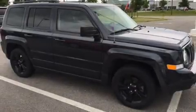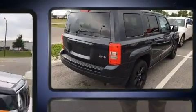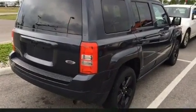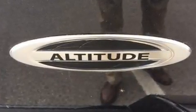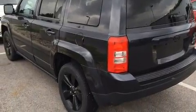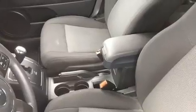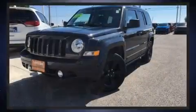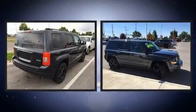Load your family into the 2015 Jeep Patriot. With just over 30,000 miles on the odometer, this four-door sport utility vehicle prioritizes comfort, safety, and convenience. It features an automatic transmission, front-wheel drive, and a 2-liter 4-cylinder engine. It distinguishes itself from the competition with features such as a tachometer, an outside temperature display, rear wipers, and a